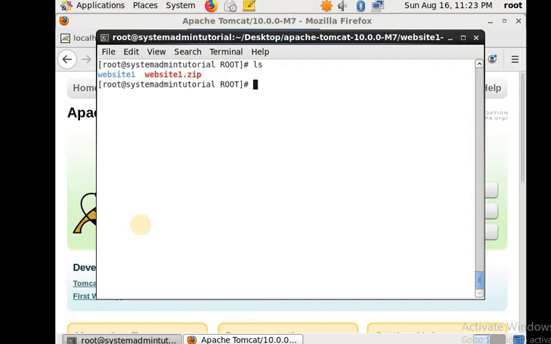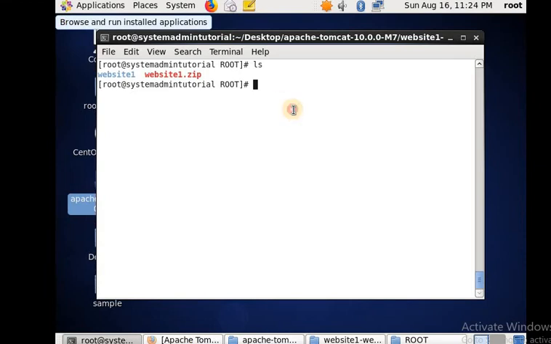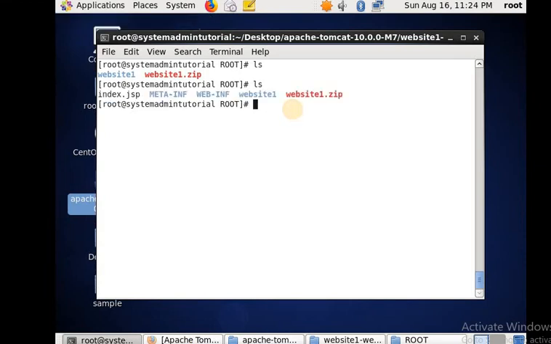Inside, this website is there. We have extracted into the ROOT directory.